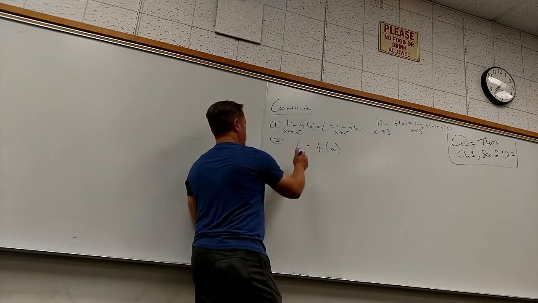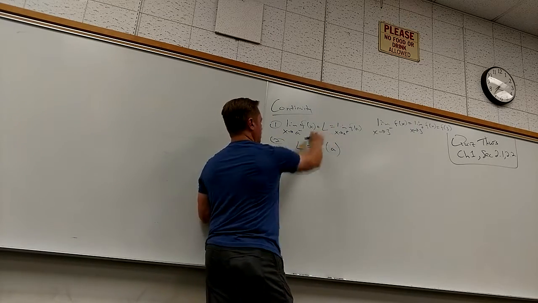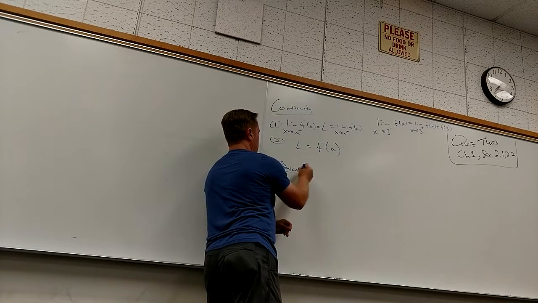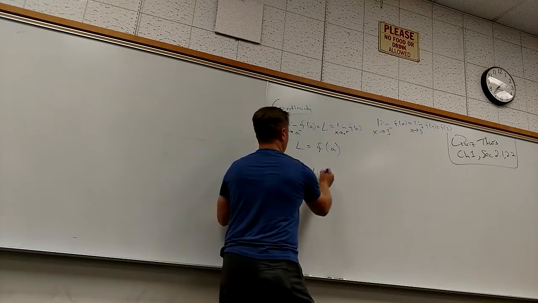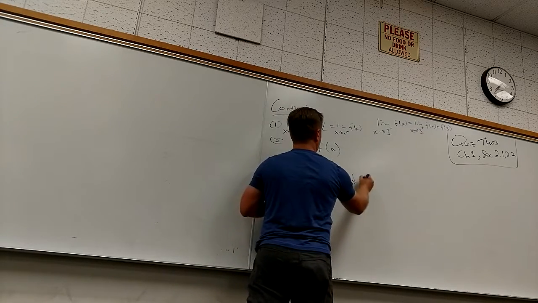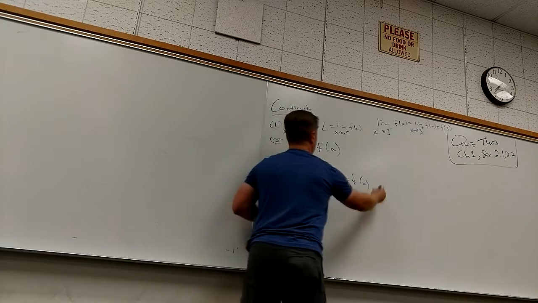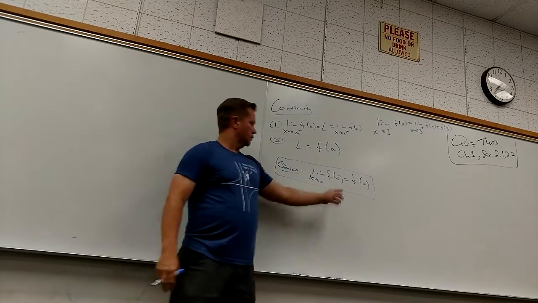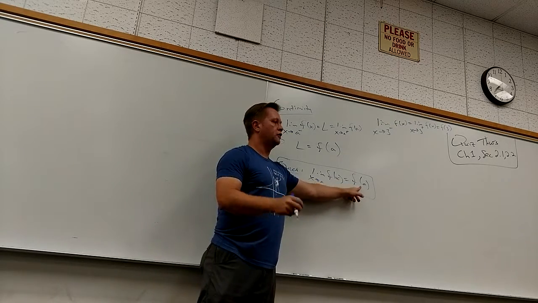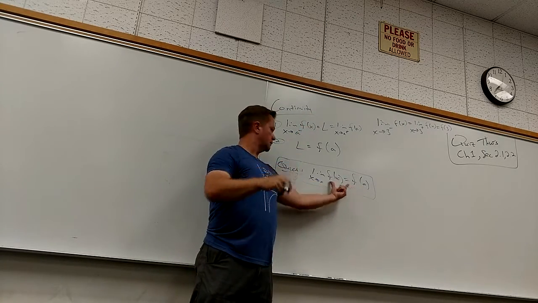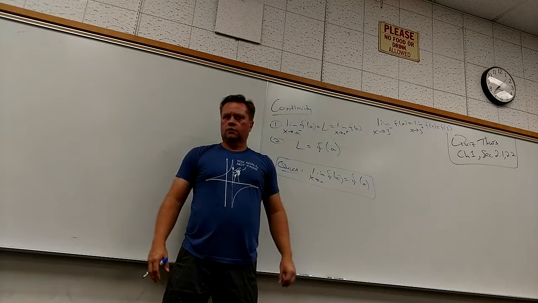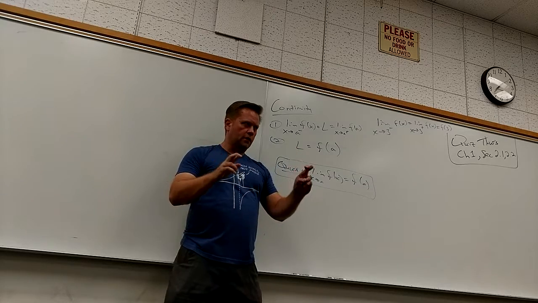I think there are three things in the book because it says they exist or whatever, but that's basically what this is saying. The quick way to say this, you can say in one fell swoop like I did over there: the limit as x goes to a of f of x equals f of a. That's the quick way to say it. The limit from above and below agree, and they agree on the function value at that point. That's the quick way to say what continuous is.